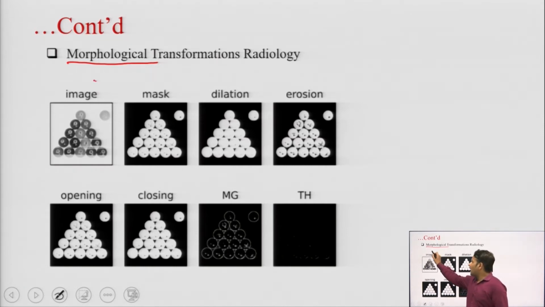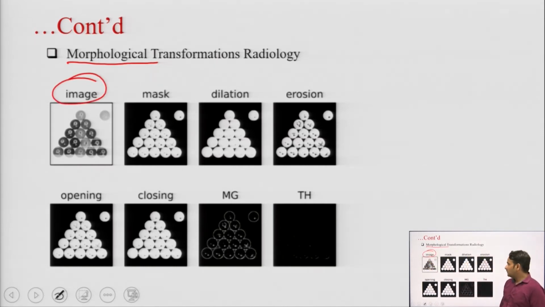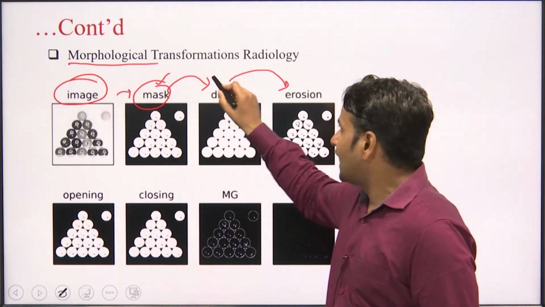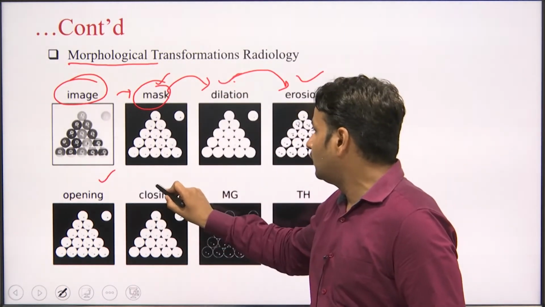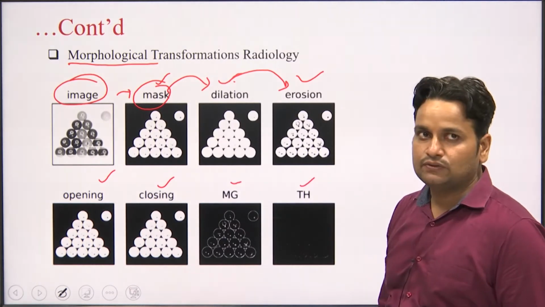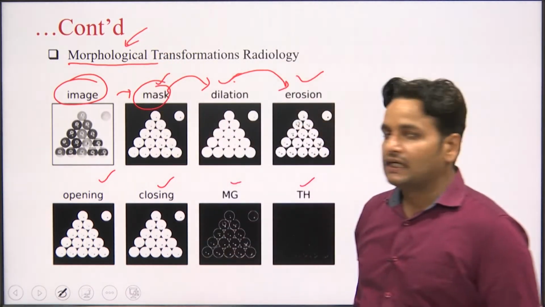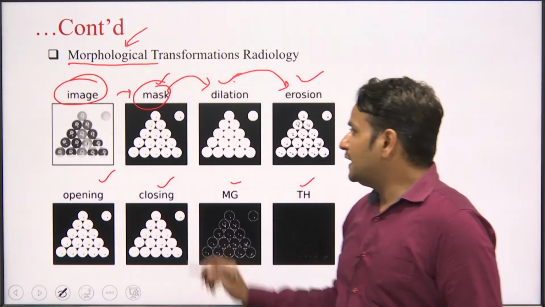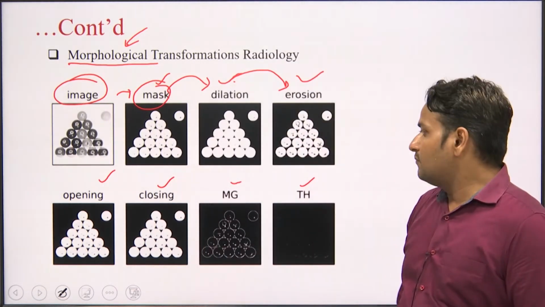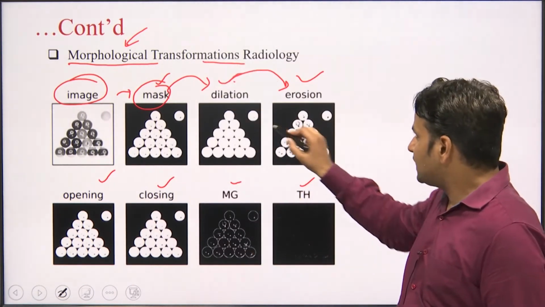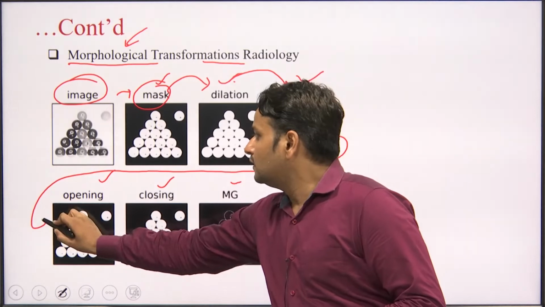So, see, if you have a complete image like this one, then after the masking it will look like this, after the dilation it will look like this, after the erosion it will look like this, and these mask, dilation, erosion, opening, closing, and threshold are all the parameters for getting the morphological transformation. Okay. So, each and every part is giving important information about morphological transformation, and after completion of this entire process, you may predict